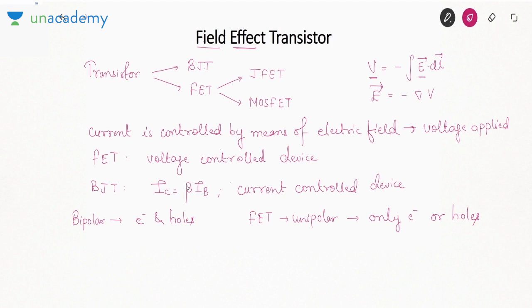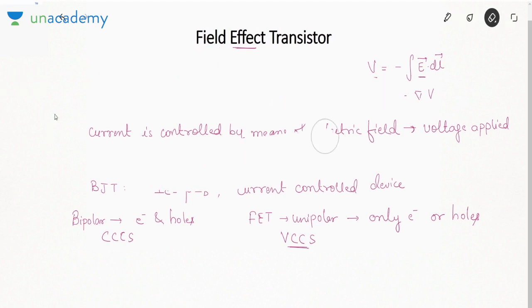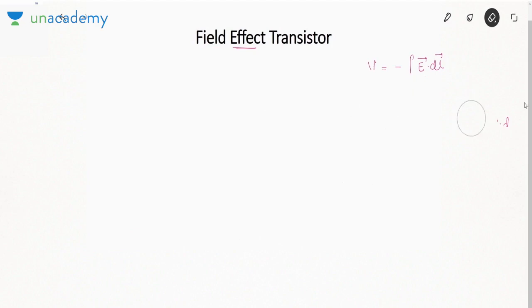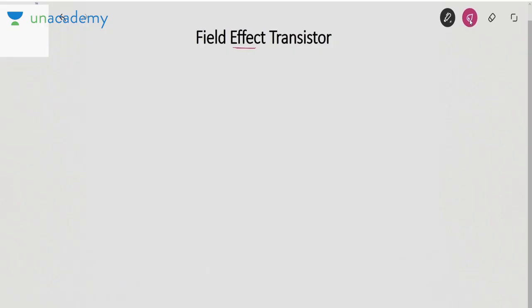In FET we are using voltage to control the current, in BJT we were using current to control the current. So you can call it a current controlled current source, whereas FET will be a voltage controlled current source. The parameter that is used to control the current is changing between BJT and FET. Then there are some other differences between BJT and FET, so if I summarize the differences between BJT and FET,